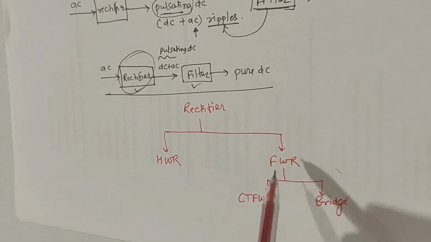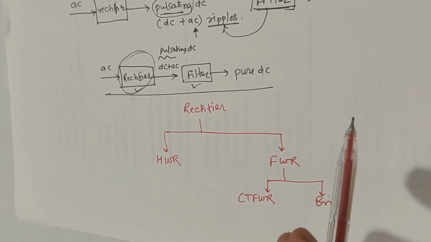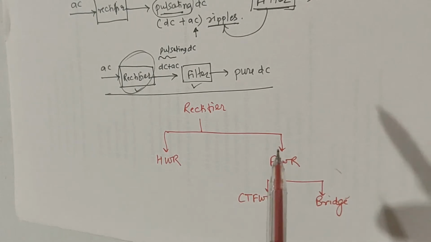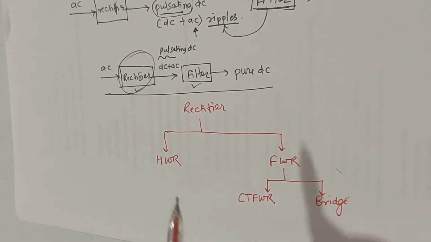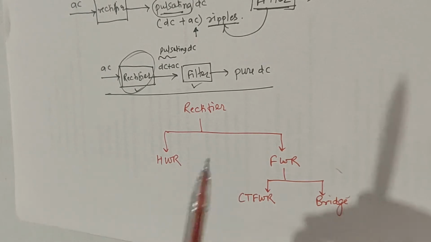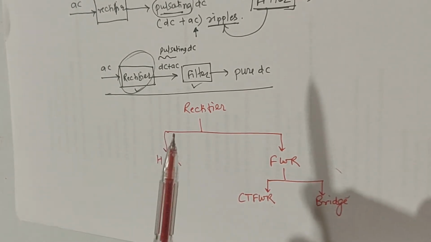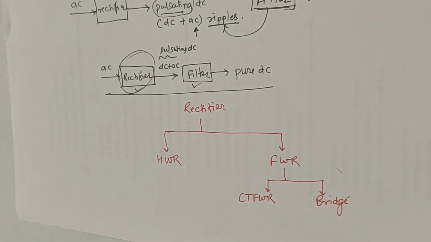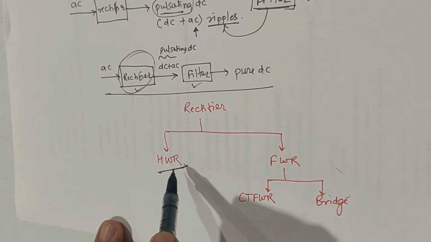Now what is the meaning of these all? In the course of time we will be moving ahead, we will be analyzing every type. So I will be telling you what is the meaning of half wave rectifier, what is the meaning of center tap full wave rectifier, what is the meaning of bridge rectifier. So all these three types we need to study in this unit and we will be considering it one by one. Okay, so let us continue and start with the first type of rectifier, which is half wave rectifier.